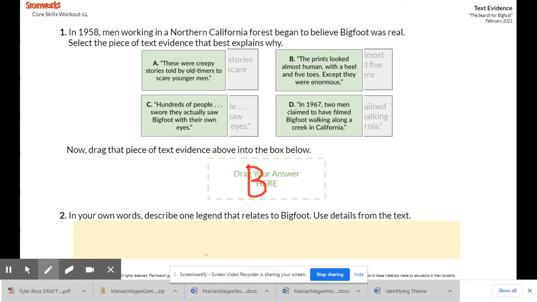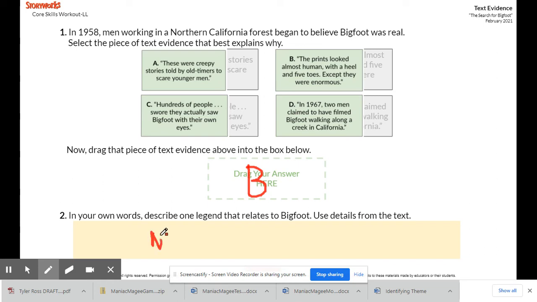Now, number 2 says, in your own words, describe one legend that relates to Bigfoot. Use details from the text. In your own words, describe one legend. So you're also going back in the text to find a legend that relates to Bigfoot. I like the one in the text about native